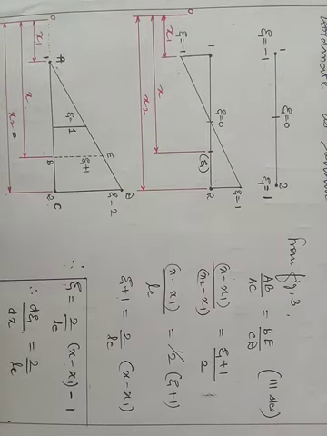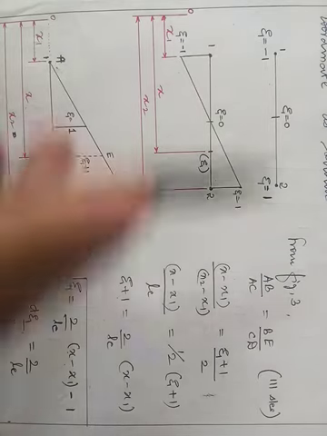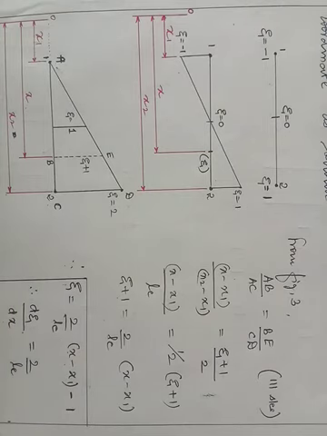So this is the relation between the Cartesian coordinate and the natural coordinate. Right. Now going one step further, if you differentiate this with respect to x, we get 2 by LE, x will be 1, x1 will be constant so its derivative will be 0, and 1 is also constant, its derivative will be 0. So d zeta by dx will be 2 by LE, and this is what I require in my further derivations, and that was the motto behind telling you all these things. I hope this is clear. Now I'll be proceeding further.